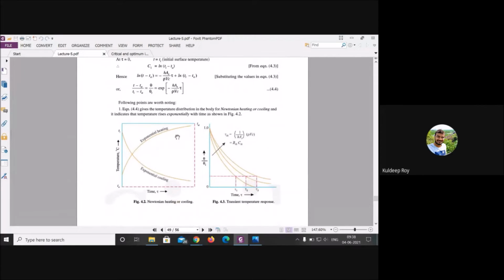After getting it, what you have to do is plot it like this. How will you plot? This will be your y equal to e to the power x. This whole term here, e to the power minus x, is the exponential of minus this term. What will happen? It will reduce at a particular time. Now you can see it is reducing, but it will depend on your tau as well, tau 1, tau 2, tau 3. As you increase the time, this particular zone will reduce. This is the physical significance of this expression.